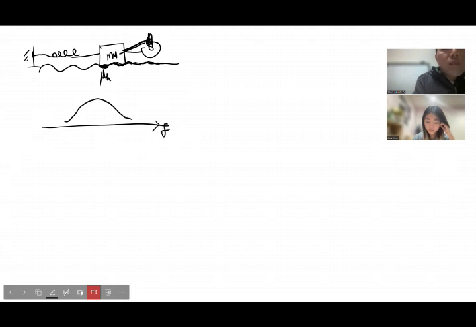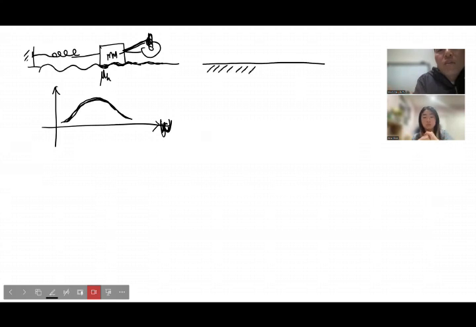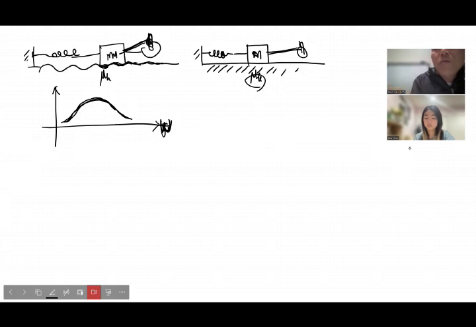So the displacement pattern with the frequency, actually you can use omega, is like this. But if you have a mirror surface, a really flat surface, then your frictional coefficient is small, then most of the energy from the external force is actually used to move this mass m. Only a small amount of energy from this external force is used to